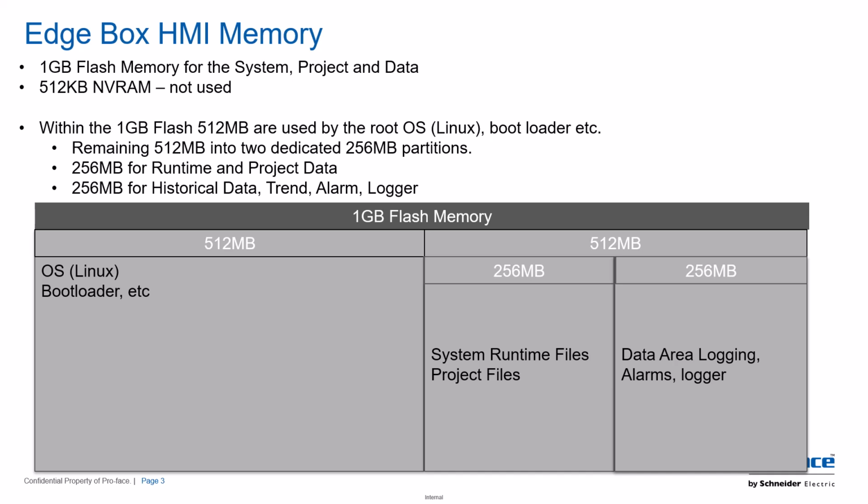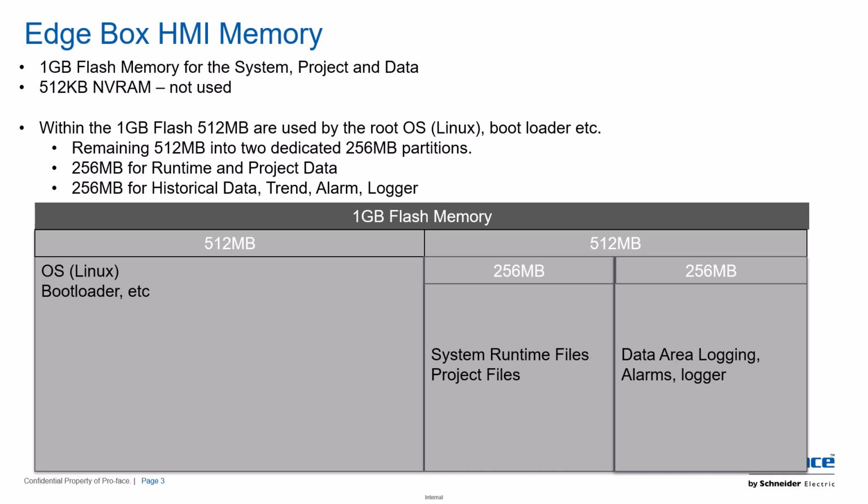Okay, so within our 1 gigabyte of flash, we basically have two 512 megabyte allocations. And one of them is basically for the operating system, which is Linux, bootloader, etc. Basically, just half the memory is taken up by the operating system for all intents and purposes. And then the other 512 megabytes is divided up into